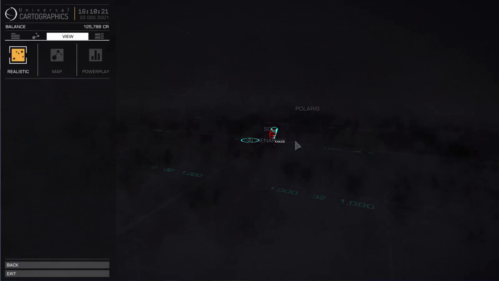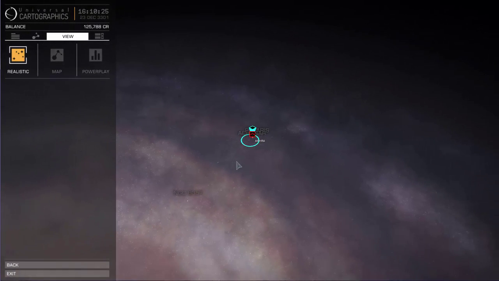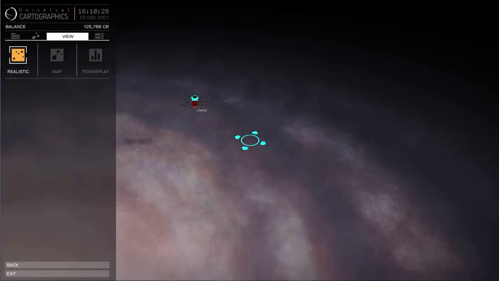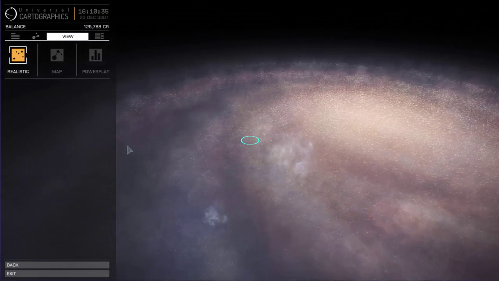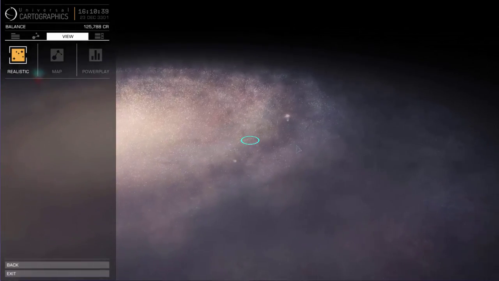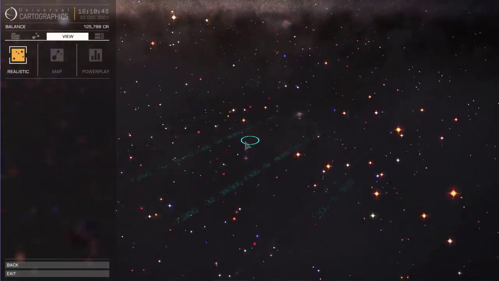If we zoom all the way out, you can see that they have the entire Milky Way galaxy mapped out in this game. And you go over to one of these other sectors far away from the explored areas, and it's not just stars there for appearance. If you zoom back in on these other sectors,